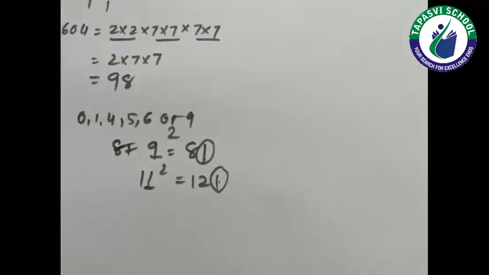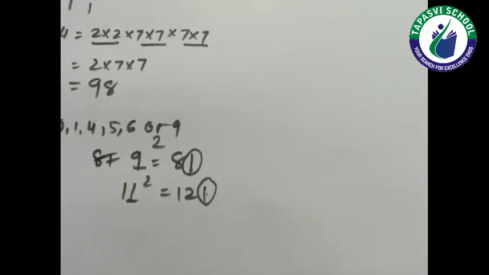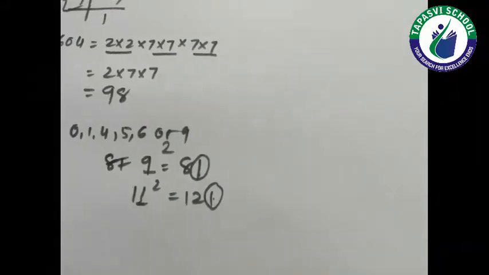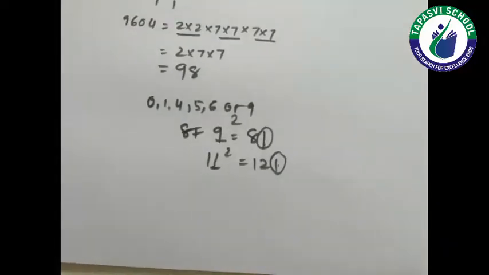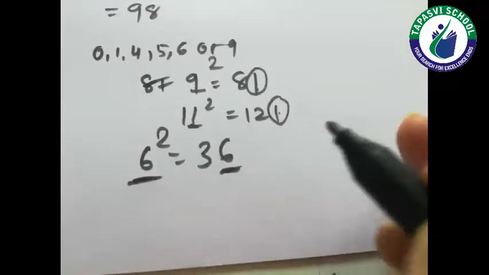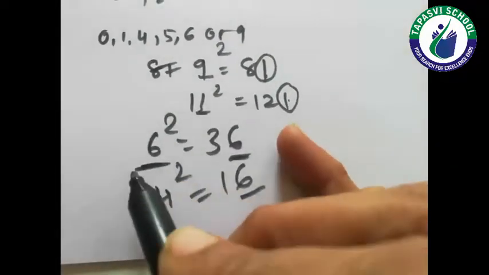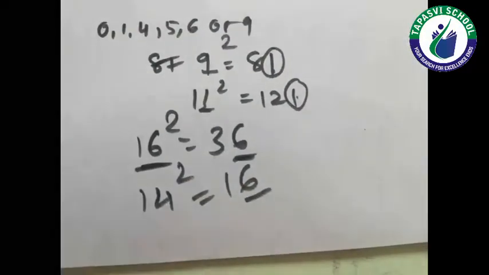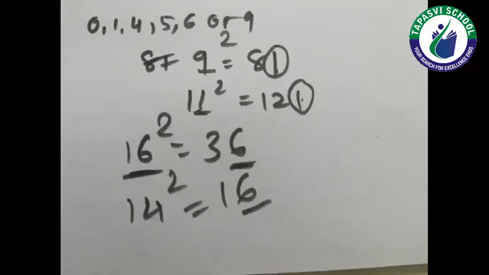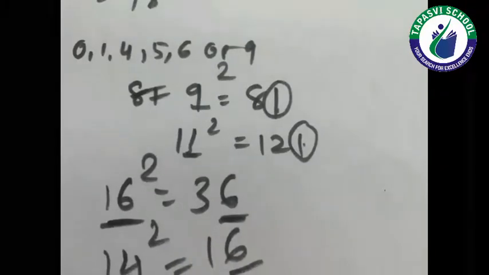Refer to property number 3. When a square number ends in 6, the number whose square it is will have 4 or 6 in its unit place. For example, students, I take 6 squared, so its end will also be 6. With 4, its square also ends with 6. So if we have these two digits at the end, the square will end with 6. Now property number 4: a square number can only have an even number of zeros at the end.